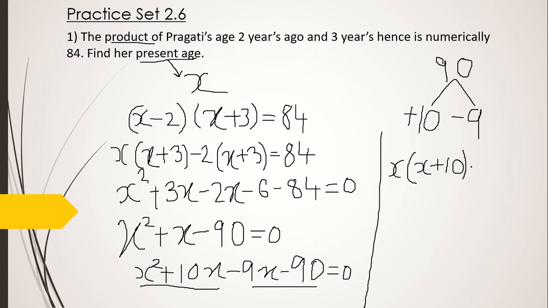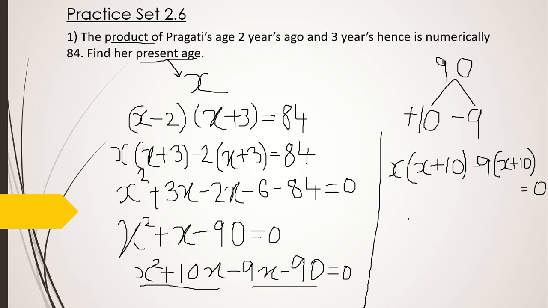And from the next group I will take minus 9 common. So what do I get? X plus 10 in the next bracket also. See, this minus has gone out, so the sign will change. This will become plus. 9 has gone out. 9 tens are 90, so what remains inside the bracket here is 10. X plus 10 again. Why? Because minus is outside the bracket. So here this also is going to be x plus 10, which is equal to 0.